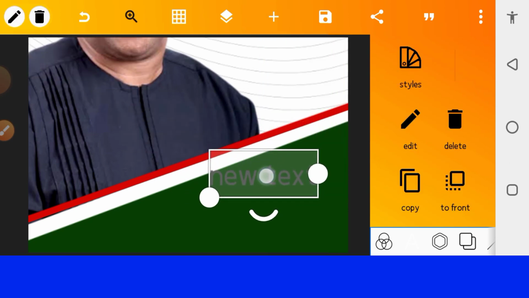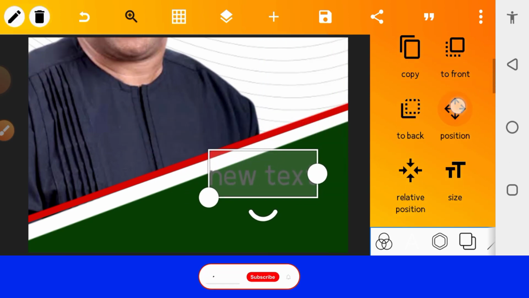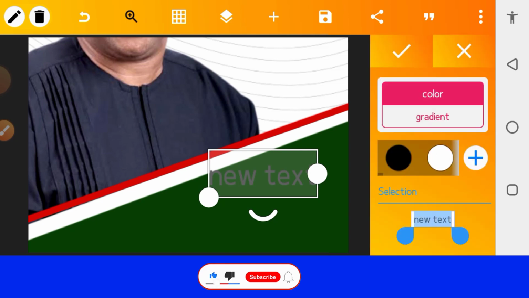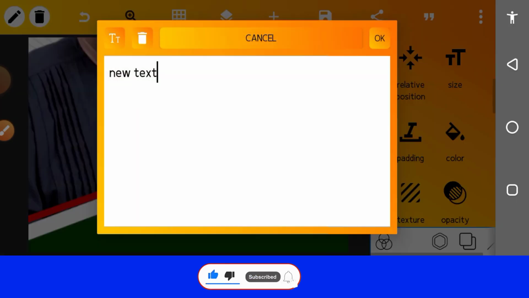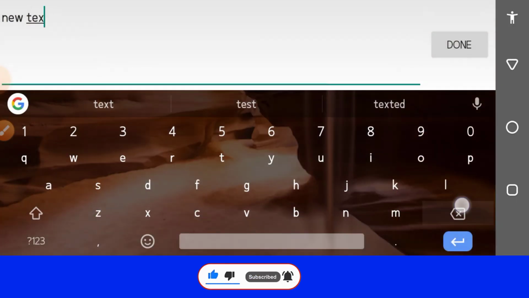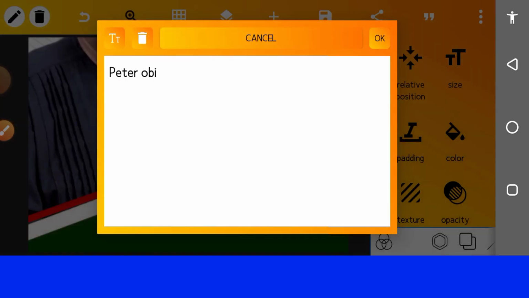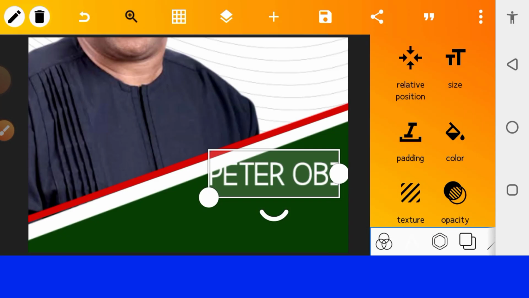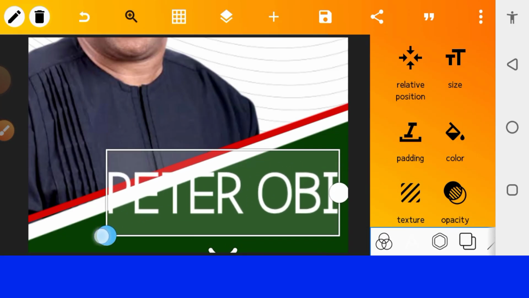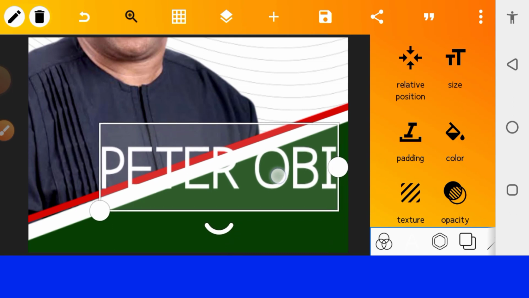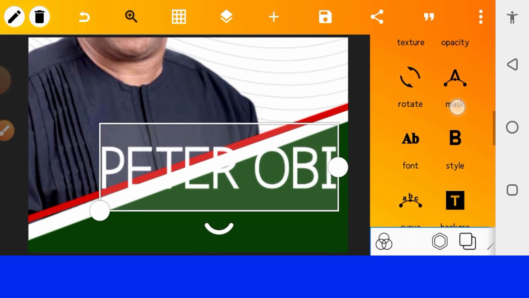So put the text over here, change the color to white, so edit this text. So this text, write Peter Obi as the text. That's the candidate name. All right, all capital letters, scale it up just like this, put it on a position like this, change the